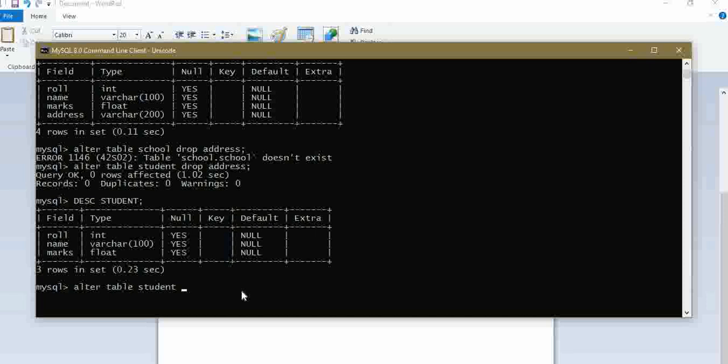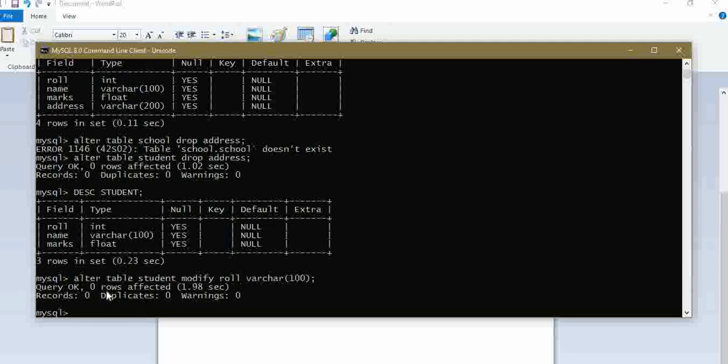So what to do? Just type alter table student modify, the column name is roll, and just specify the data type. We want to change to character, it is previously integer, so type varchar 100.